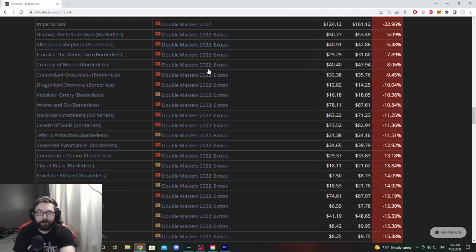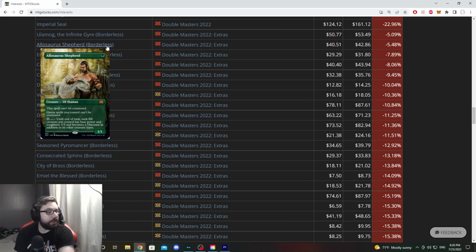So even as far as the borderless ones, we're looking at price drops. Not super significant, but they are dropping still. This Allosaurus Shepard in Borderless is at $40.51, which I believe is slightly above its counterpart that was in Jumpstart. I'm sure the foil etched version is going for a bit more because the foil etched cards tend to be harder to find, but